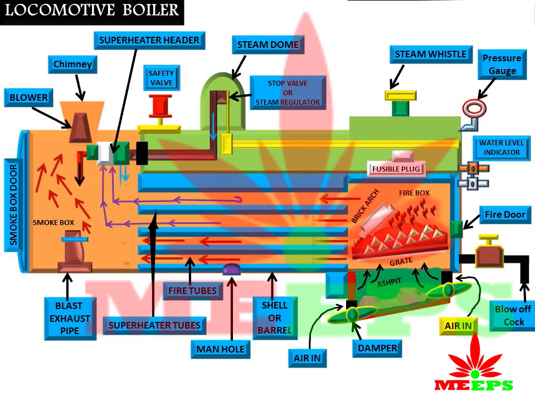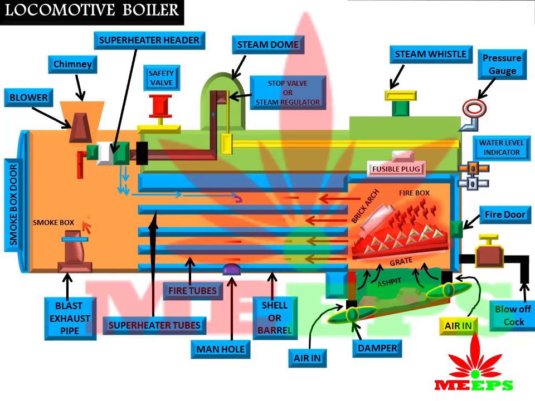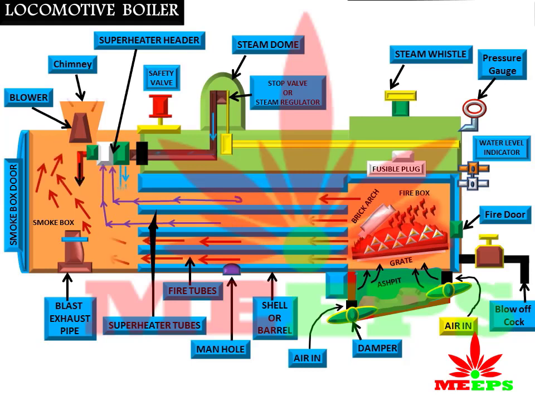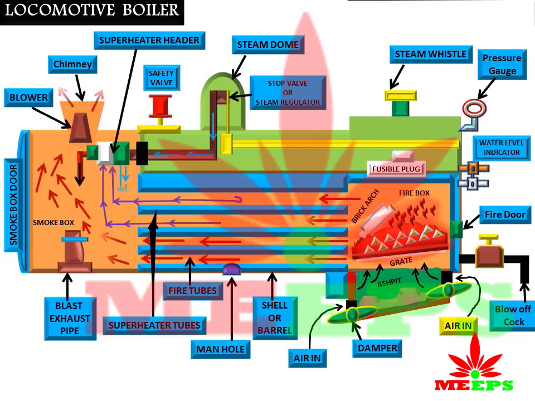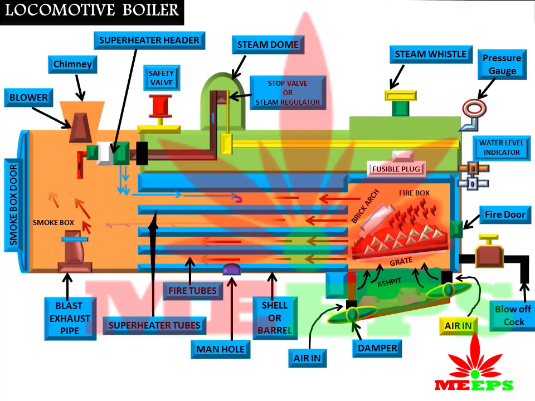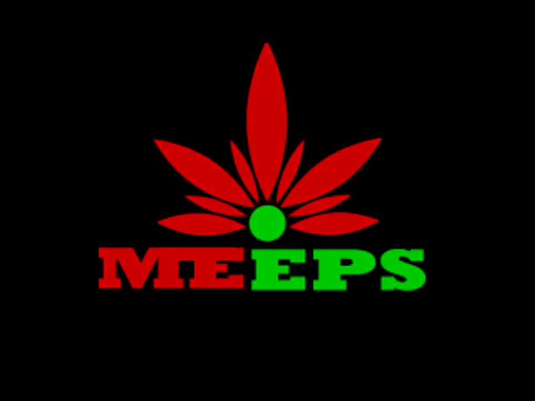This is a cost-effective boiler with a high steam generation rate. Disadvantages of the locomotive boiler. It faces the problem of corrosion and scale formation, and is unable to work under heavy load conditions